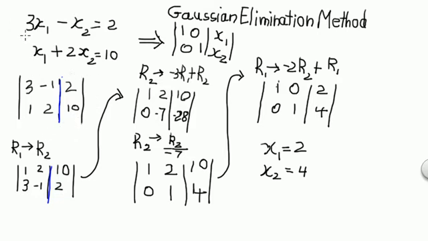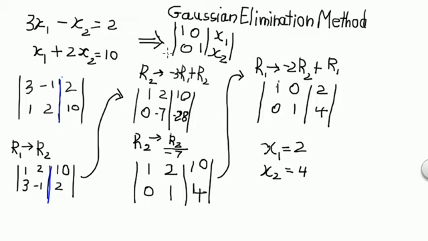I've taken these three, or the coefficients plus the constant, and placed them into the first row of this matrix, and then likewise I take the coefficients of the second equation plus the constant and put them in the second row of this matrix. And the idea is to convert this matrix